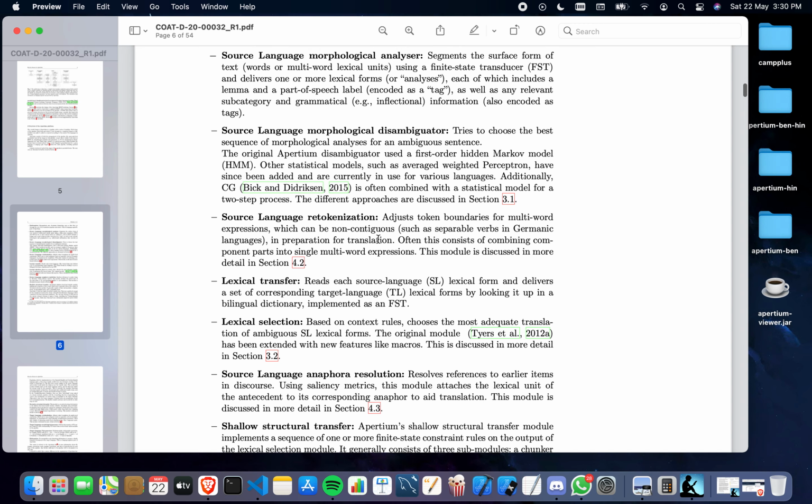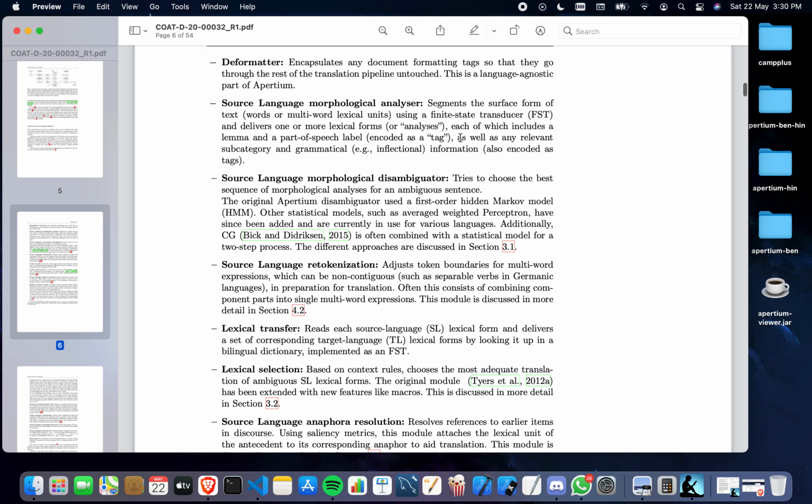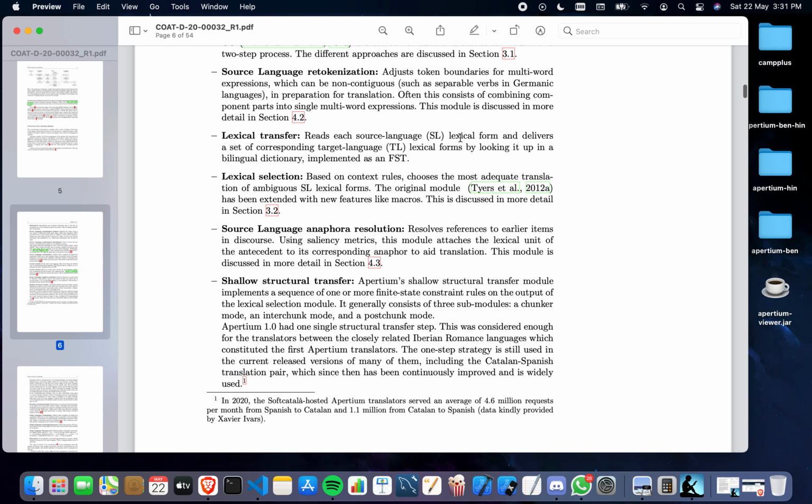Quick question, what's an FST? It's a finite state transducer. Yeah, so